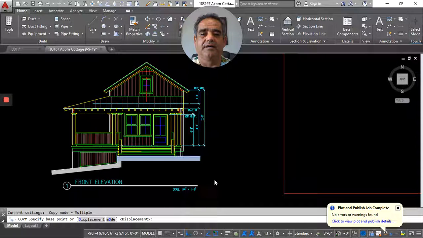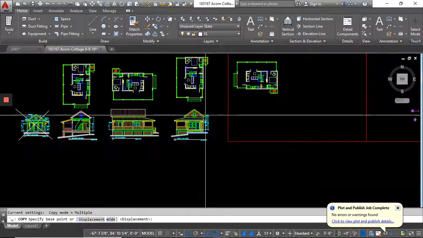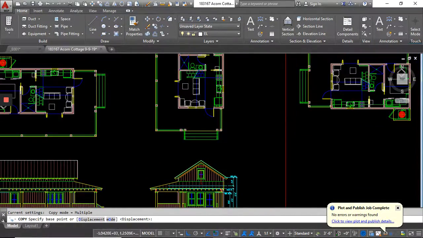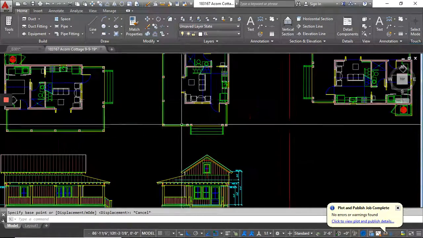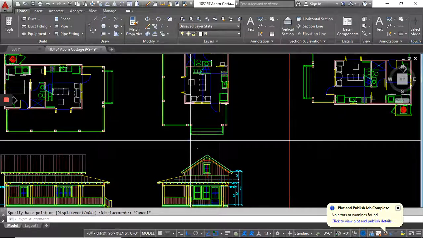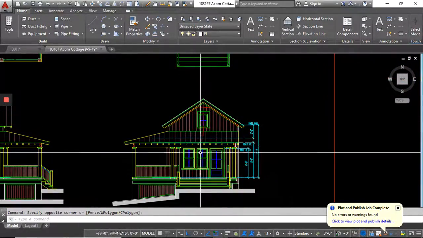Let's learn how to create an elevation from a floor plan. An elevation is a view of a building from one of its sides. So if we stand in front of the building on the outside here and we look at this building, this is what we'll see from the front